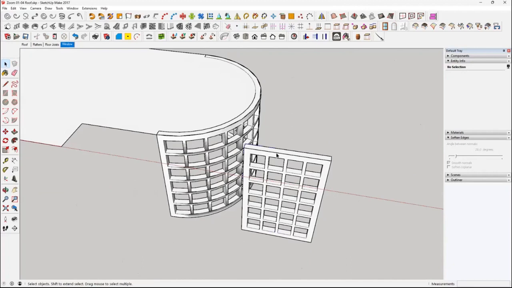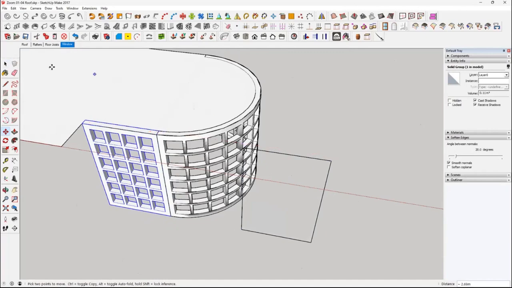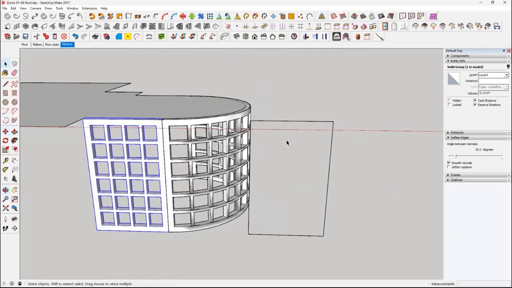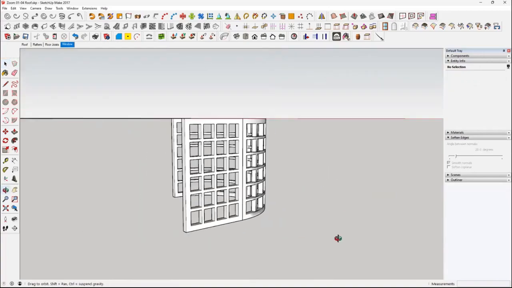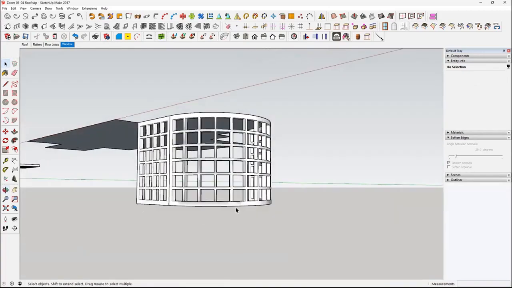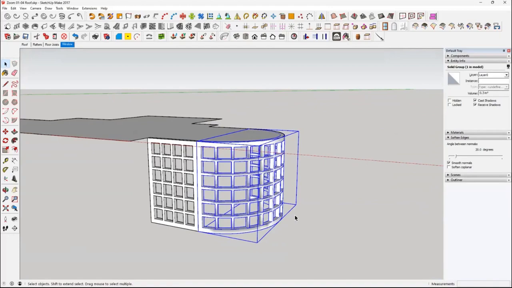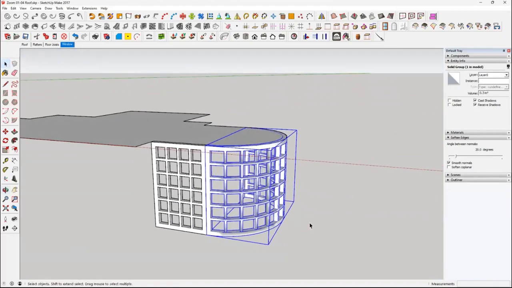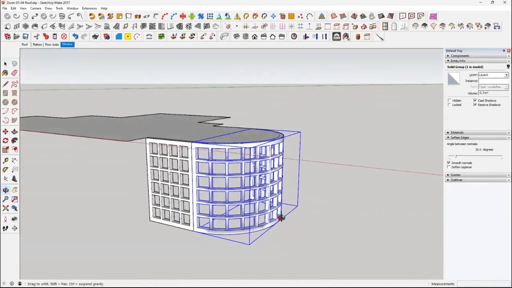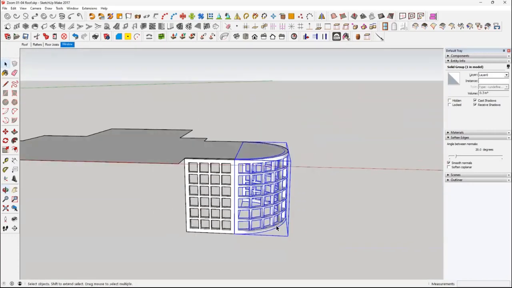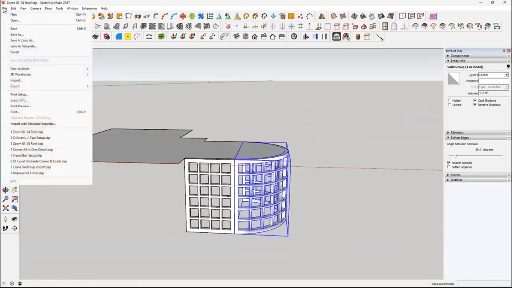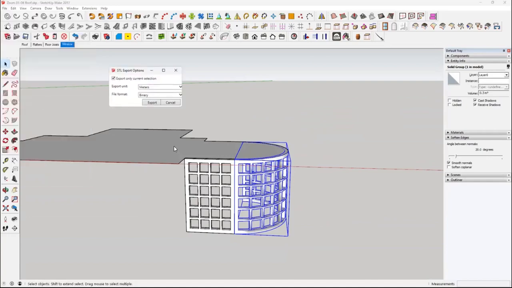Right, so we'll click on and we'll put it back in place anyway. There we go. So you get the idea of glazing, how easy it is, and this will print in resin printing lovely. Now I printed one very similar to this. Okay, I can actually show you. If we do a file export STL for this one,